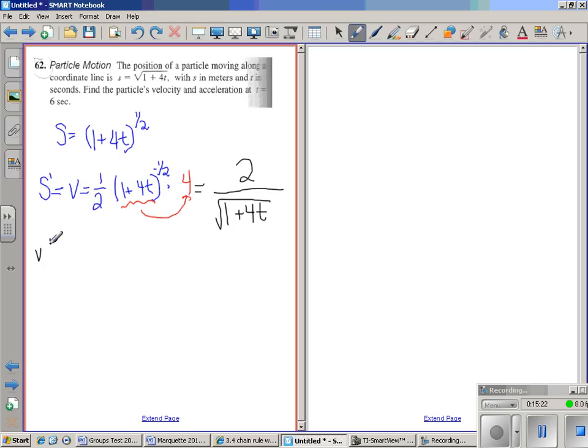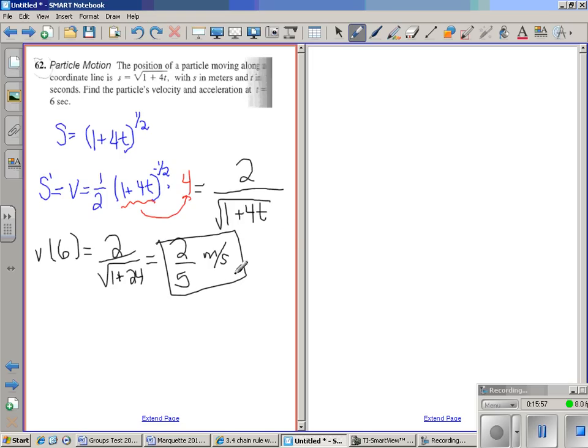So if I am evaluating the velocity at time equals 6 seconds, I am finding v of t. I'm sorry, v of 6. So this is 2 over the square root of 1 plus 24. Yay, it's going to be a rational expression because 1 plus 24 is 25. The square root of 25 is 5. So it's 2/5. And do not forget your units because it really tells a person that you are paying attention